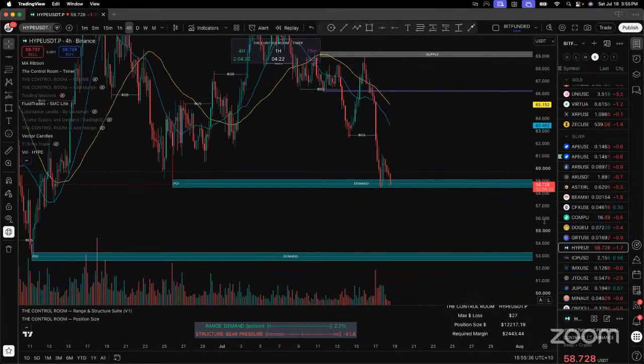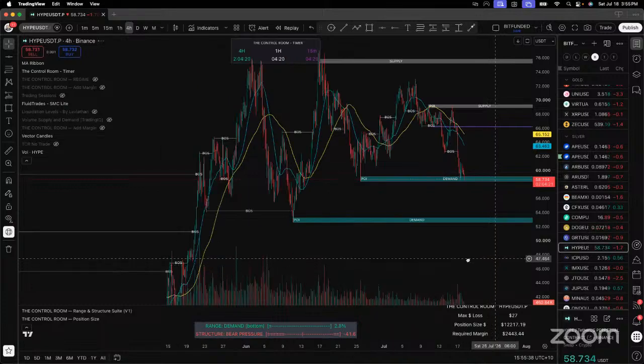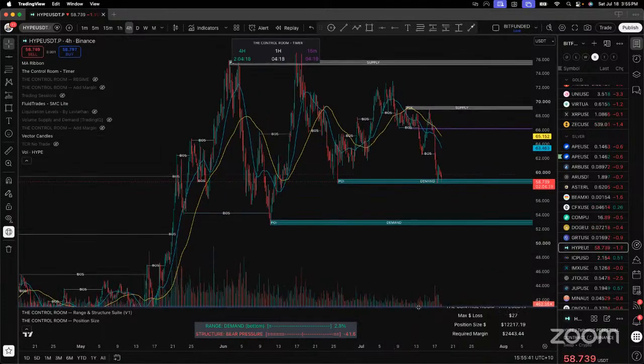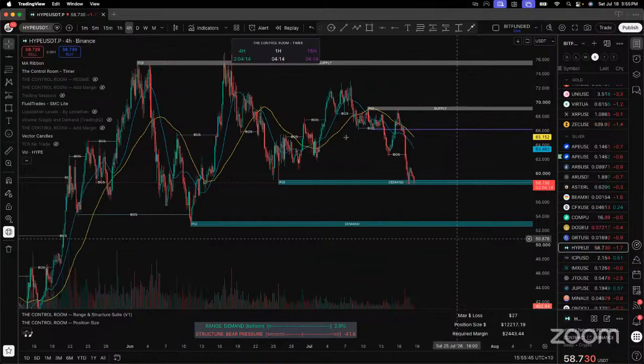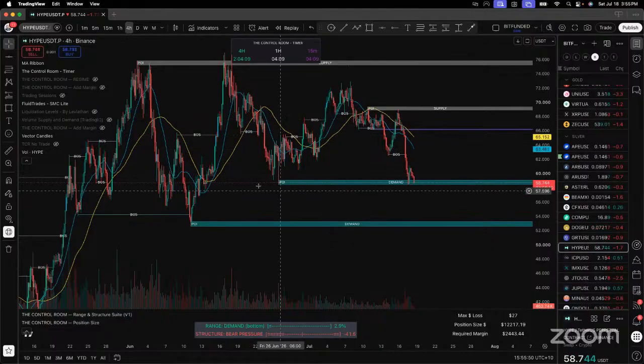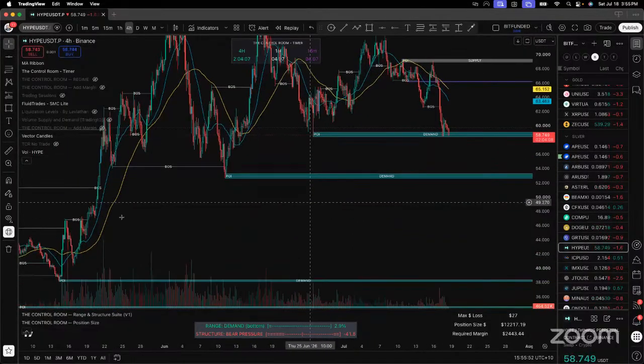Gonna dump. Bounce. Lower high. Downtrend. No vectors. Does dump. It's coming down here.